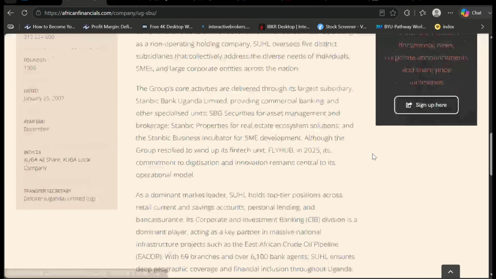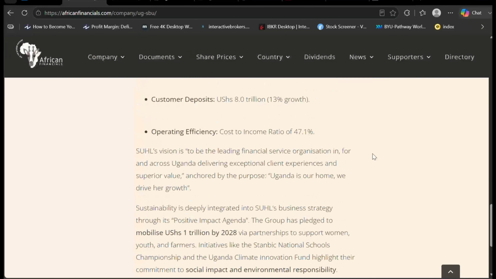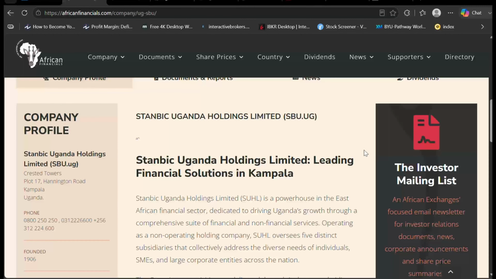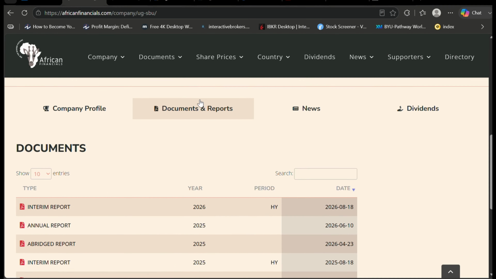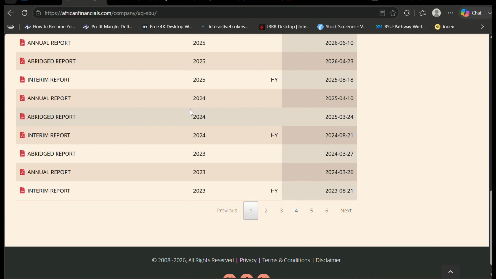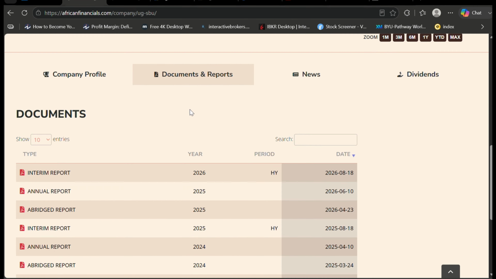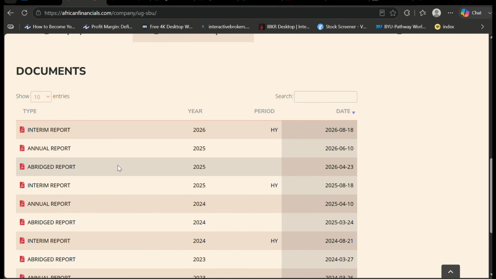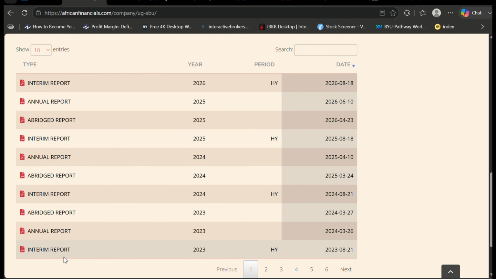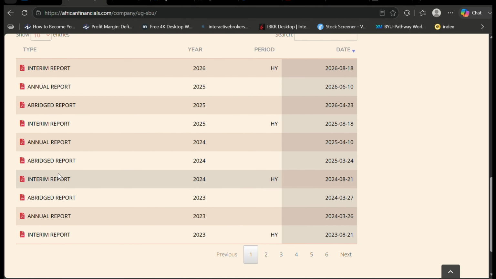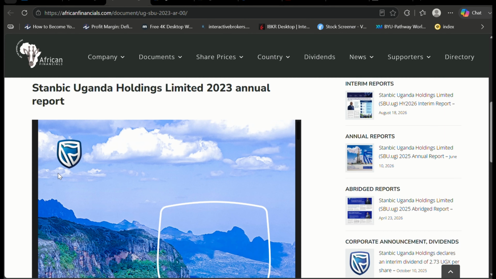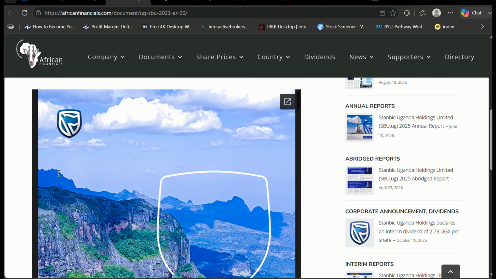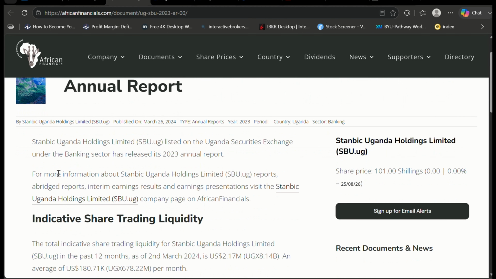And then if you want to read about the company profile, you can pass through it, though everyone really knows Stanbic, then come to documents and reports. So documents and reports, this is where I'll get that. If the latest document, let's say for example, is for 2025, and I get the one for 2025, that means I'm also getting 2024, since the 2025 one has 2025 and 2024. The 2023 one has 2023 and 2022, the current year and the previous year. So this is the tab it will open, the 2023 financial